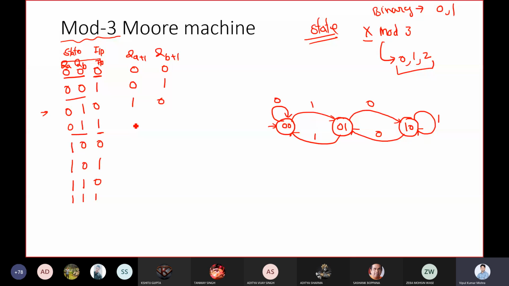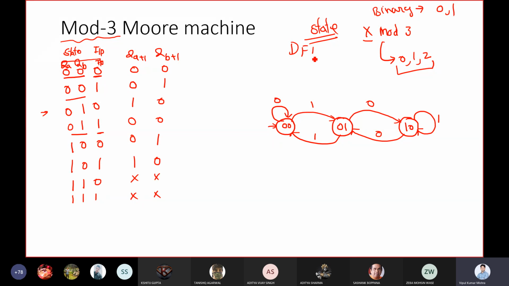What about this? 0 0. Exactly. So you got 1 0, then you are getting 0, you will reach 0 1, then 1 0, you are getting 1, you will remain in the same state. 1 1, this state is not there, so we can say we have XX and XX because this state doesn't exist.